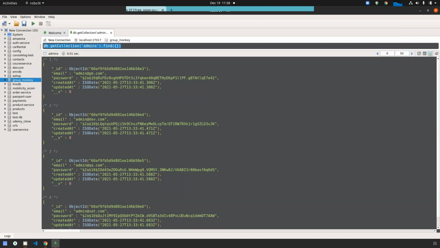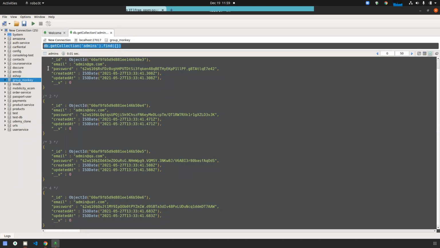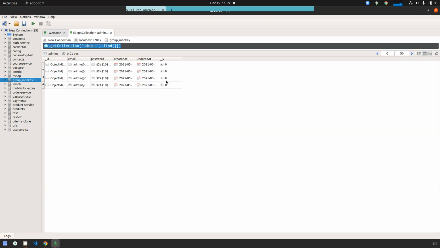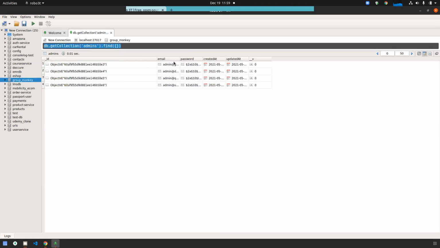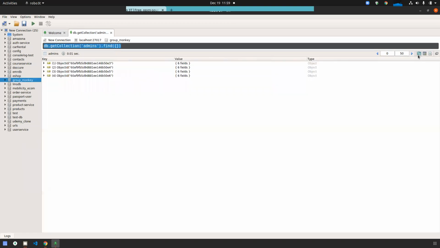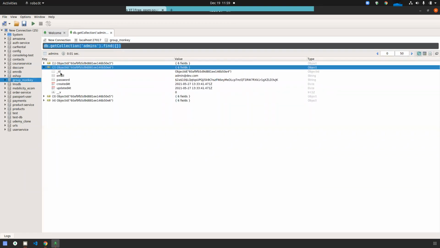This is the Mongo shell. You can see, right? Everyone? Here in the shell, this is the command. You can write the command. And this is the data. You can see also the data. Some other formats are there, like you can see in a table format also, if you want to see. You want to see in a JSON format, that is also available. You can see the tree format, that is also available.